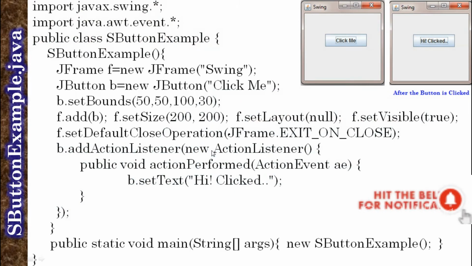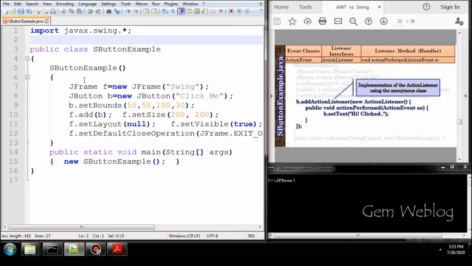Now we will see the demonstration of this program. Now we will see the demonstration of event handling. The first step to perform event handling, you have to import the package java.awt.event.